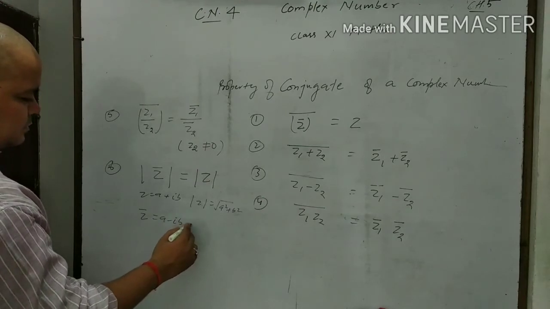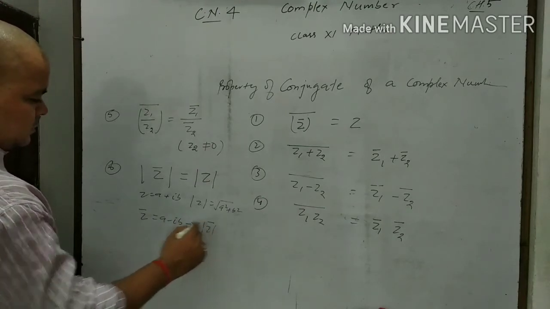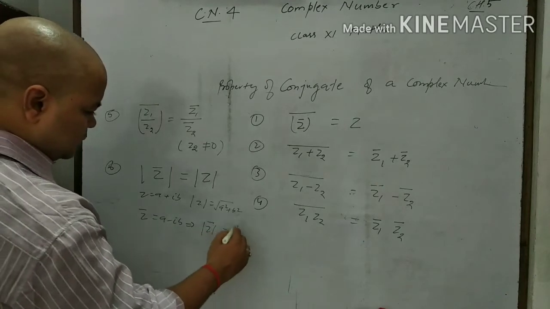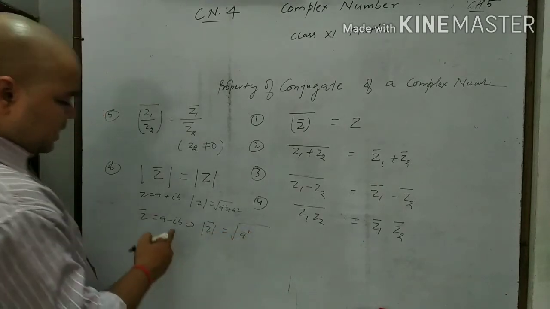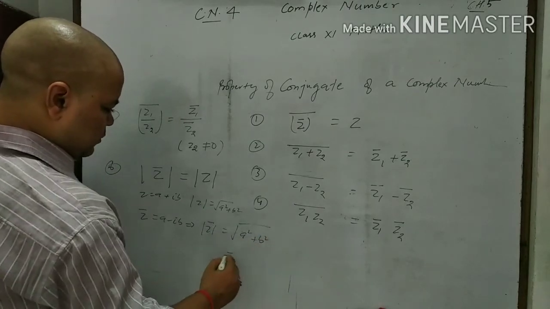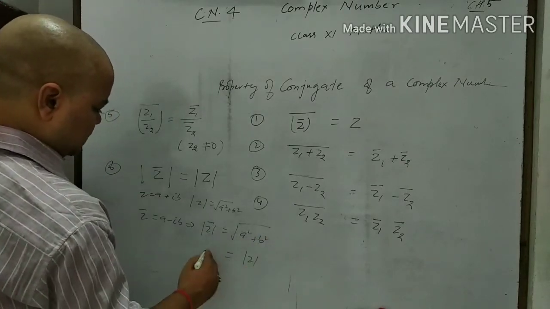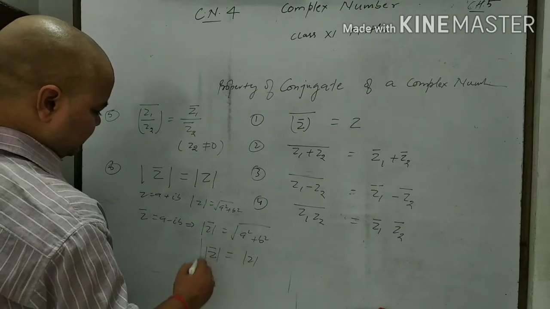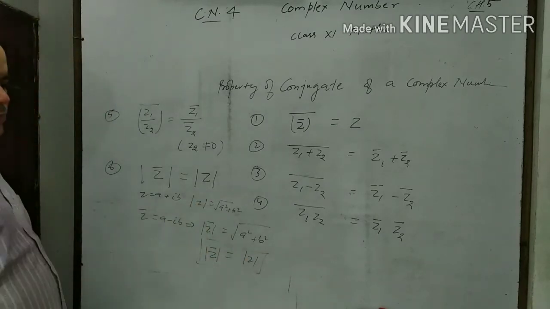This implies that modulus of conjugate of z is equal to under root a square plus minus b whole square, it means a square plus b square, which is equal to modulus of z. It means this one. Okay,